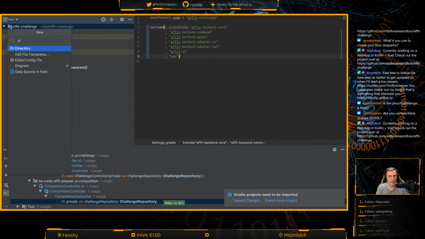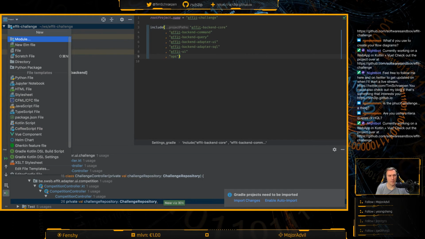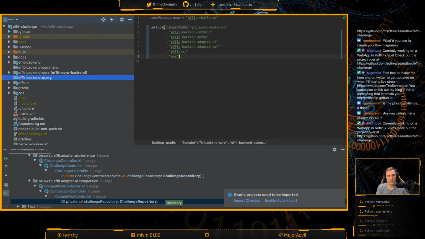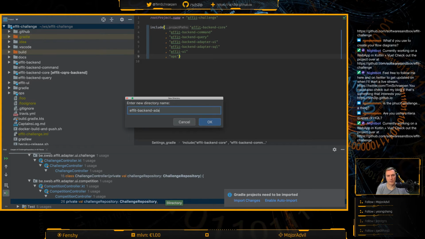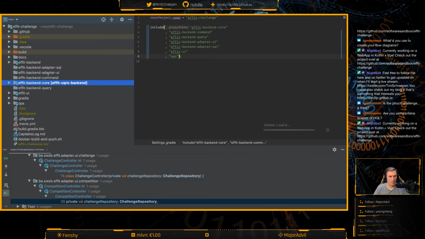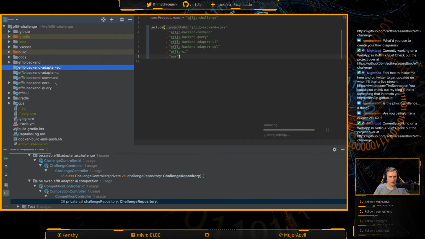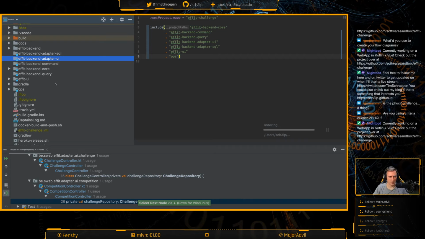And then we can create new directories, saying fit backend command directory, fit backend query directory, fit backend adapter UI, backend adapter SQL, and UI we already have. So all of these should somehow work. And they'll all need a source main resources and tests thing then. Okay. This is good. This is good. Okay, now